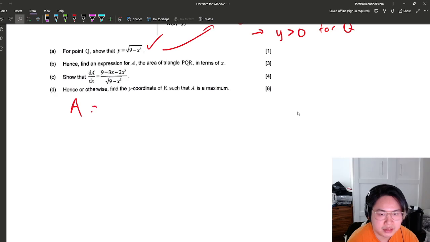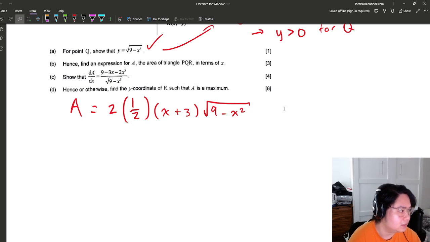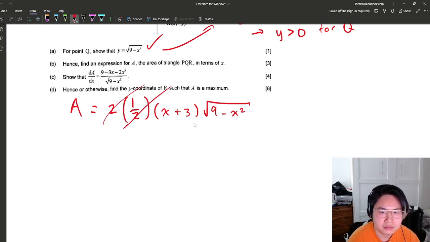So it's also a right triangle, so this is 2 times 1/2, so then these will cancel. The base times the height. Okay, so here's my area. These will cancel. So then